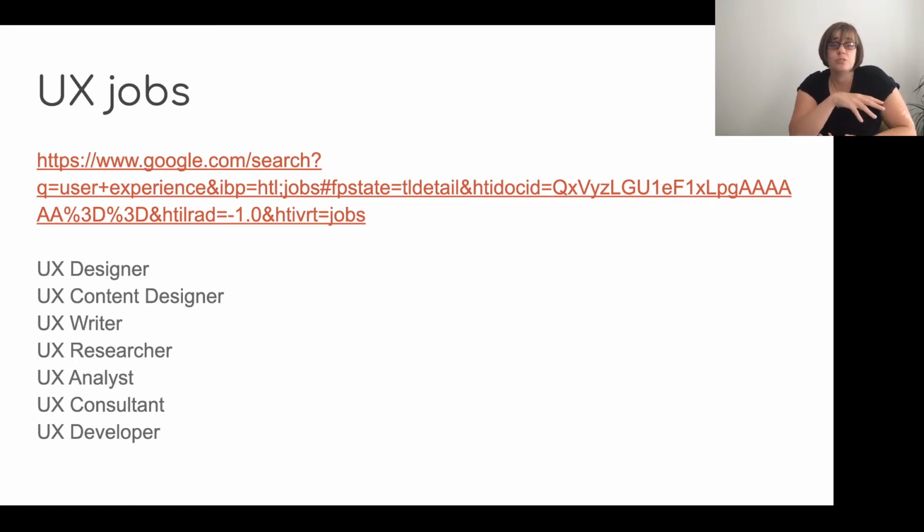It's a very data-driven field, and an analyst is something similar. An analyst might not create the experiment or create the study, the survey, but an analyst will look at the results. A consultant typically will be someone who works for a UX company who take on clients from varied backgrounds